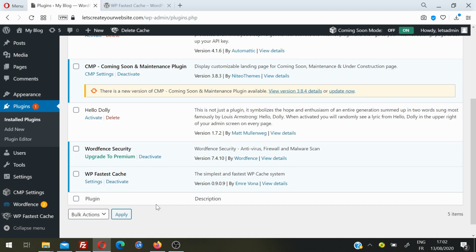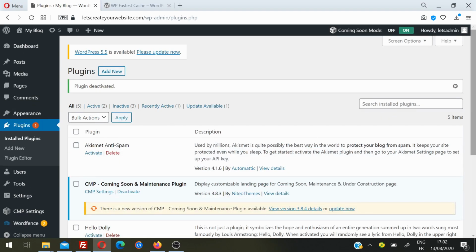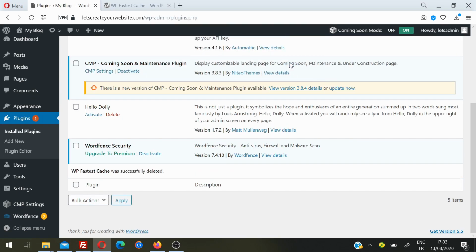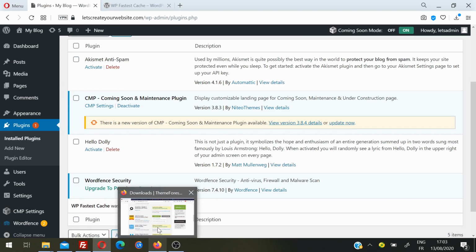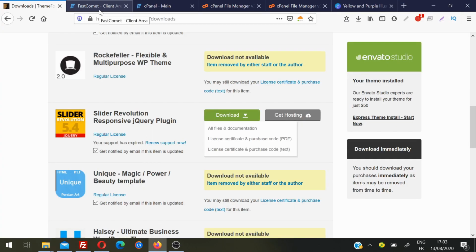We'll see the fourth method, how you can upload plugin by cPanel. But before doing that, I'm going to deactivate and delete the plugin, and we'll upload the same plugin, so it will be better for you to understand. So the plugin was successfully deleted. Now I'll go back to my cPanel. In every website you have cPanel. If you don't have cPanel, you will have always option to access website folders.